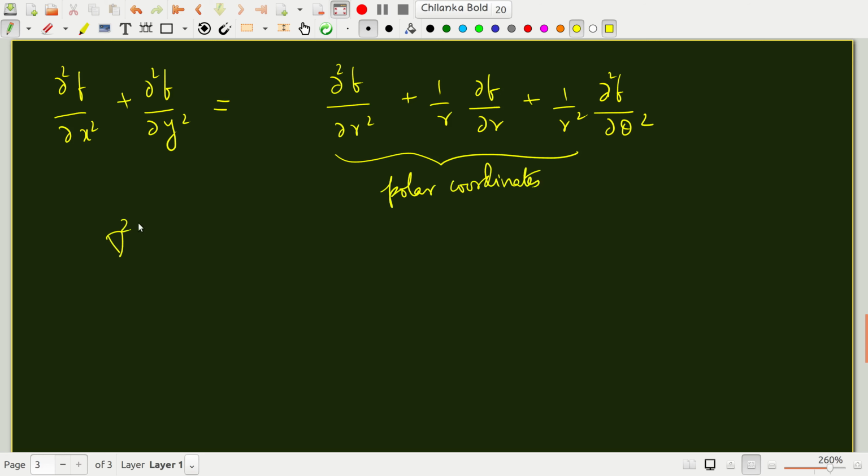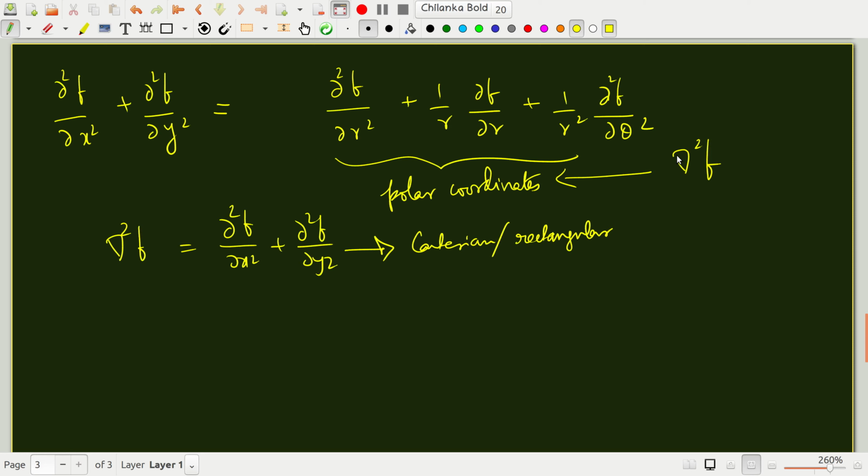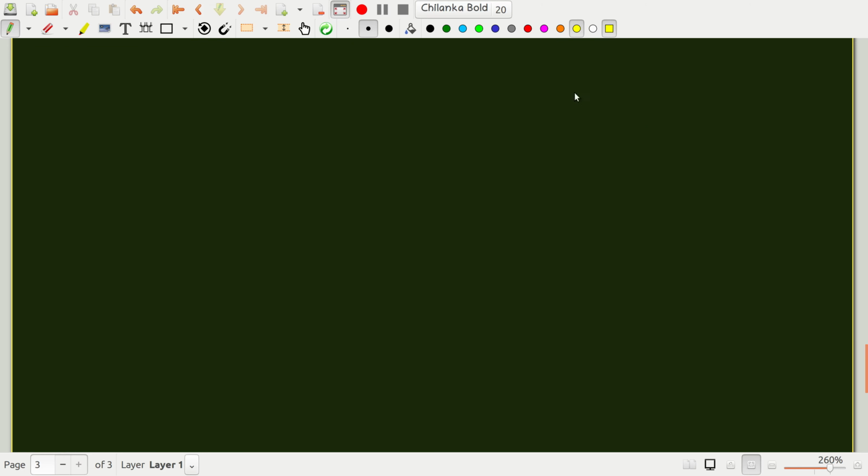So when you say del squared f is partial squared f by partial x squared plus partial squared f by partial y squared, this expression is valid only in Cartesian or rectangular coordinates. Whereas the same Laplacian in polar coordinates takes this form. That's because you have angles, and if you learn a little bit of vector calculus, you will realize that the unit vectors are changing as you change the coordinate direction. But you need not know that here, because you can simply treat it as a function of two variables, and there is a variable transformation, and you will simply get this. Okay, there are two ways of thinking about the same thing.